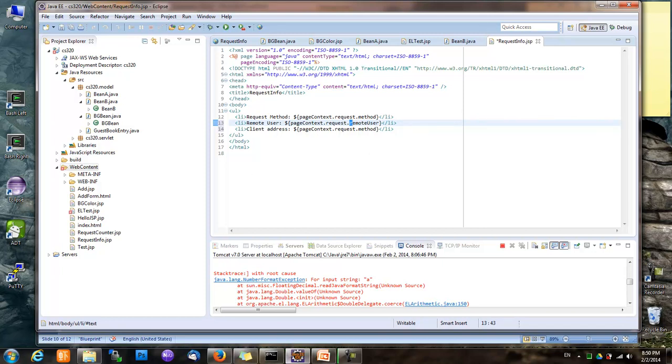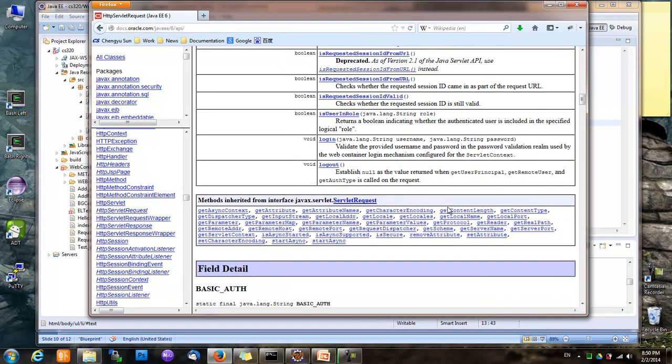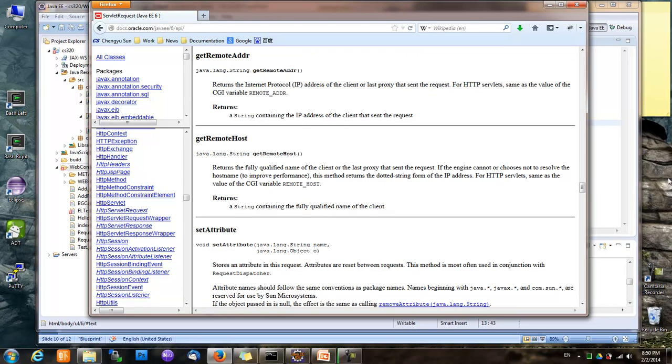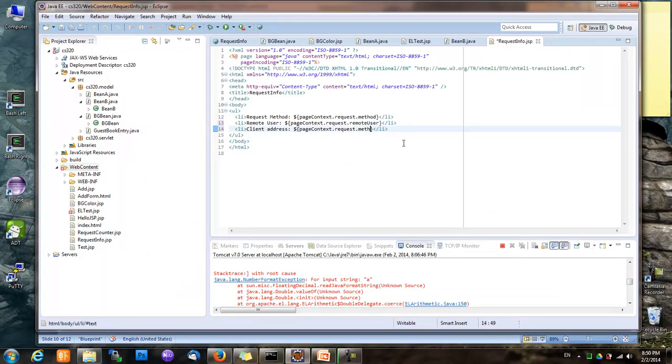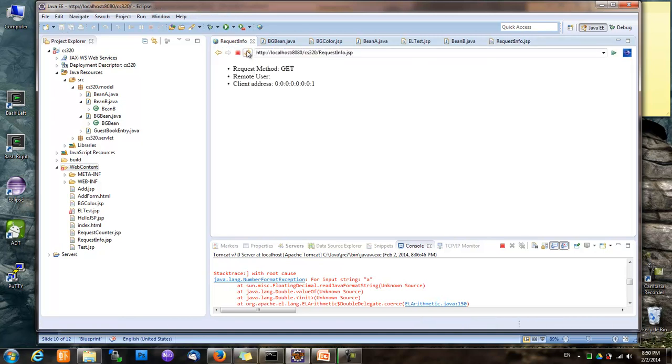And how about client address? Client address, we look a little bit further down, we see that there's an inherited method called getRemoteAddress, and so this getter, notice getRemoteAddress, gives us the property remoteAddr, and it's as simple as that. And it cannot get the remote user, but it does get the remote address or the client address, which is